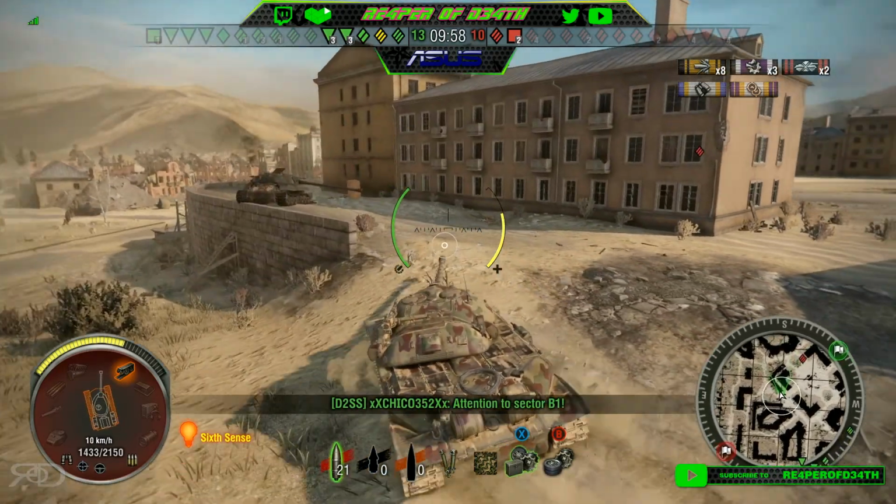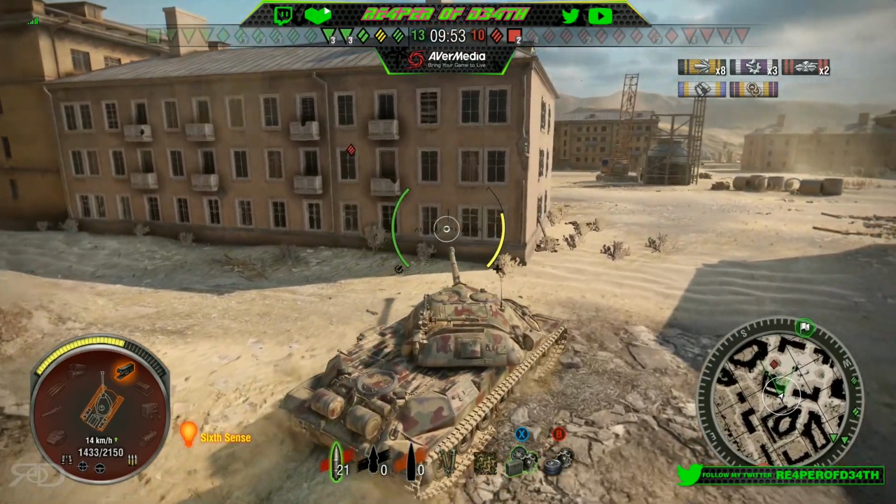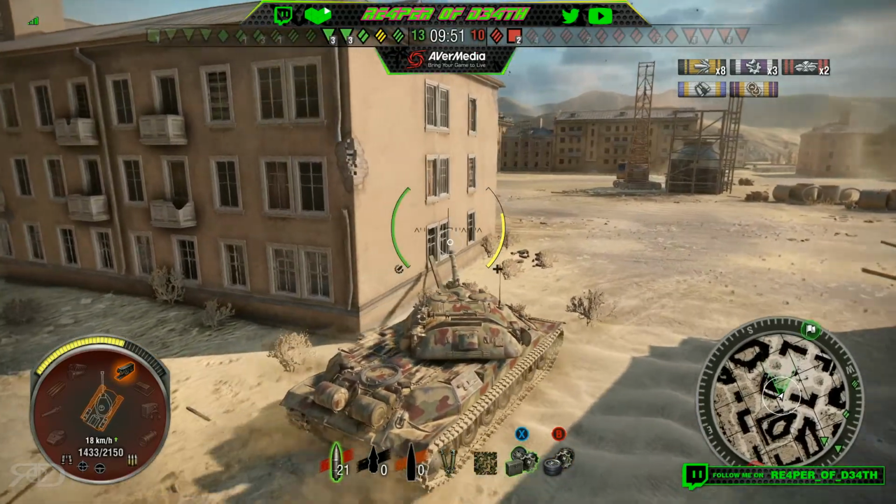I saw the E5 and I was like, wow. And then I seen what he was doing. I seen him on the minimap as he's coming across. He's trying to get the flank on me. So I turned,